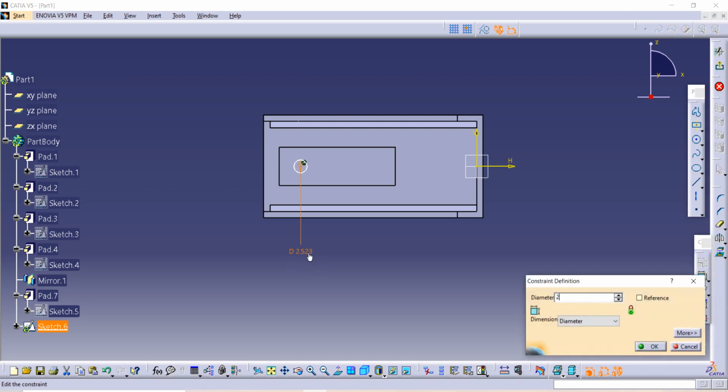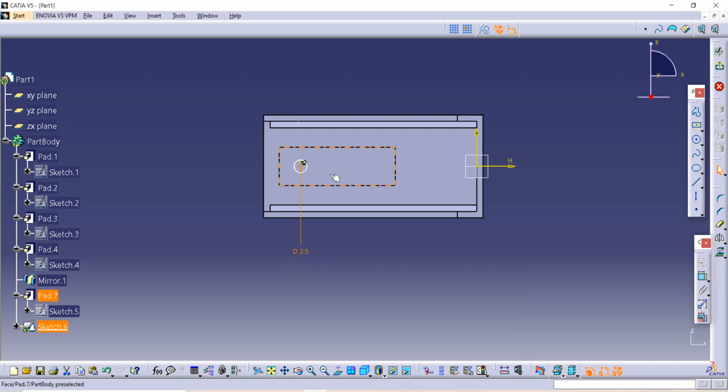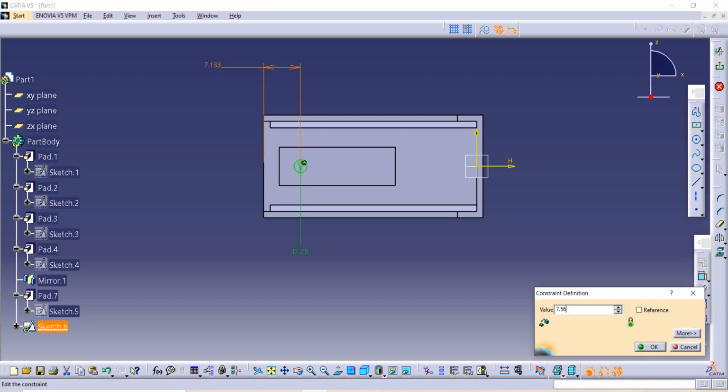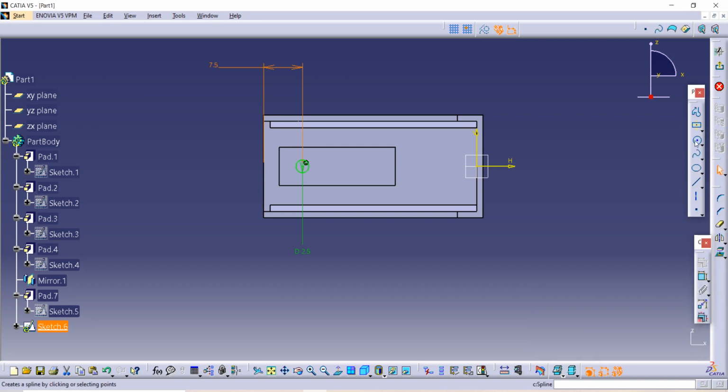It is given in the figure already, and the distance from this line to the center of this circle is given as 7.5. And again one more circle we have to make there, and using this constraint option, its diameter is 2.5 and the distance between both circles is given as 10.